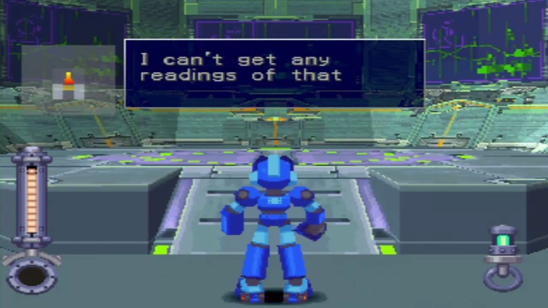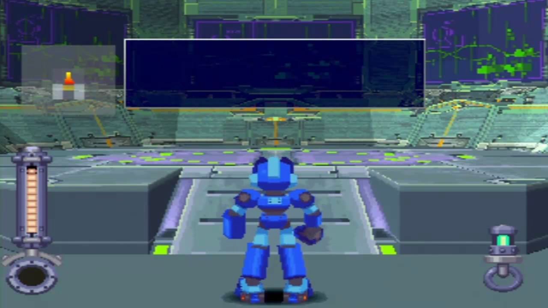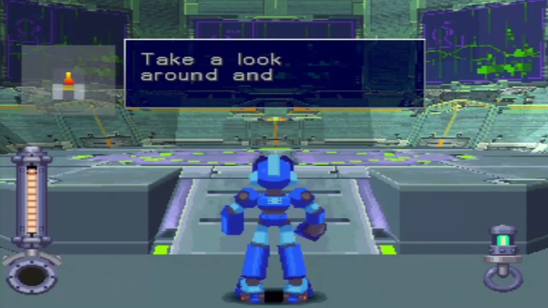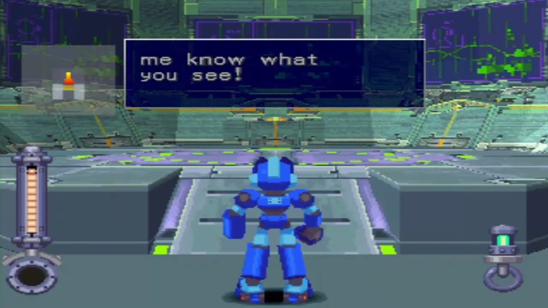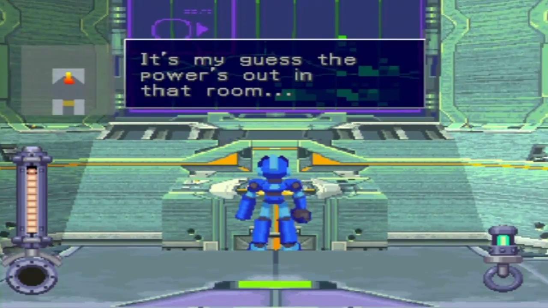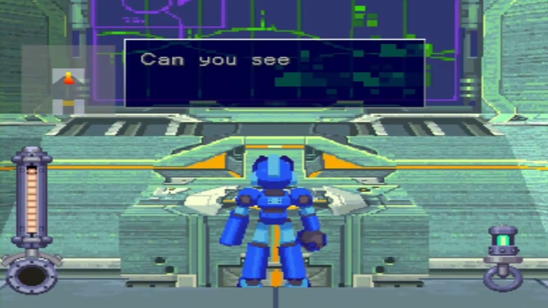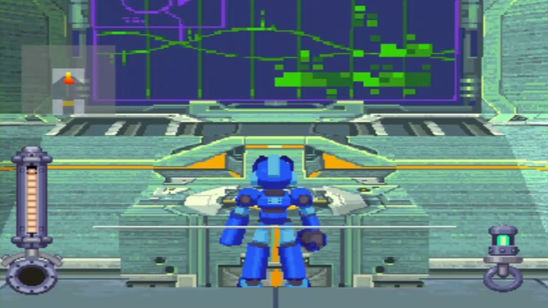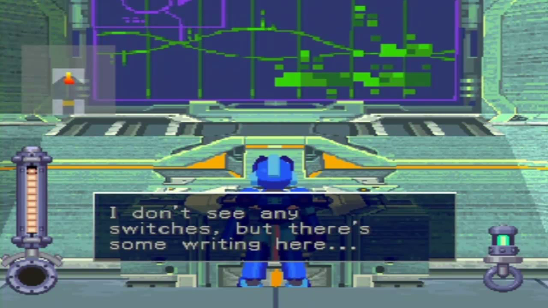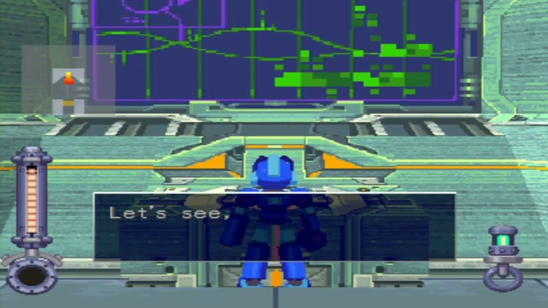I can't get any readings of that room, Megaman. My monitor's completely blank. Take a look around and let me know what you see. It's my guess the power's out in that room. Can you see a switch anywhere? I don't see any switches, but there's some writing here. Let's see. It says...